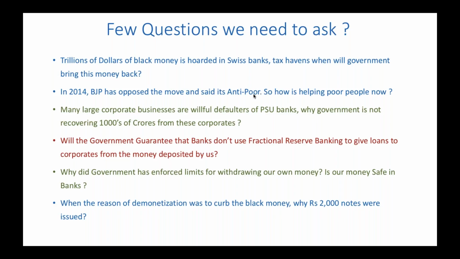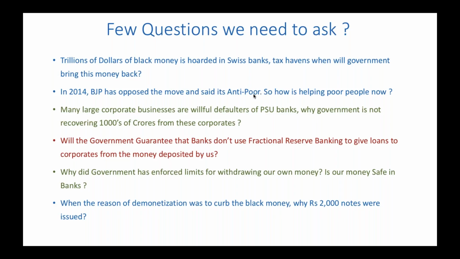That's the first point. Number two, in 2014, when the Congress government wanted to demonetize some notes, they said it is anti-poor, it is not good for the poor. My question is, how has it become helpful for the poor people? Now we have to stand in the bank lane, in a very huge line at an ATM, to get just 2,000 rupees. Now how has it become helpful for poor people? Poor people are dying, we are having problems, we are having a crisis. So why did you oppose it in 2014 and why are you applying it in 2016?